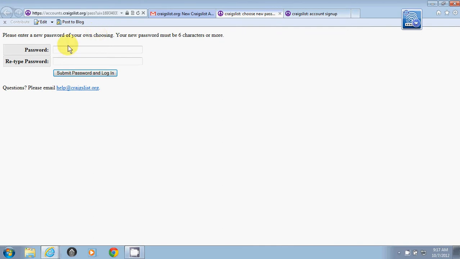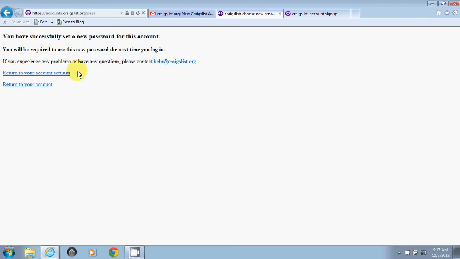I'm sorry, right here. And then here you're going to want to go ahead and choose a password, something that you can remember, and write it down. And then you're going to have to retype it again, so you make sure you put it in correctly. Okay, as you can see, you have successfully set a new password for this account. You'll be required to use this new password the next time you log in. Okay, so what we want to do is return to our account,